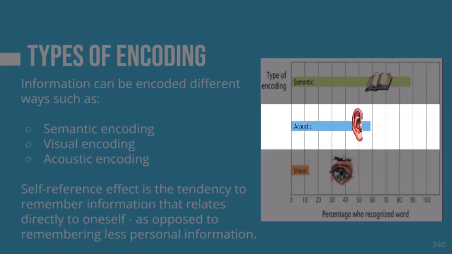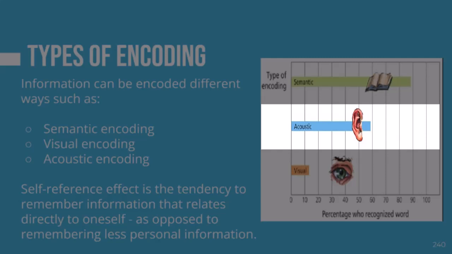Acoustic encoding is the process of encoding of sound, words, and other auditory input for storage and later retrieval. By associating information with sounds, like a car braking or the sounding out of words to make sense of the word, the neural connections become stronger and aid in the recall process. For example, it's much easier to know the words of a song when you hear the music of the song.